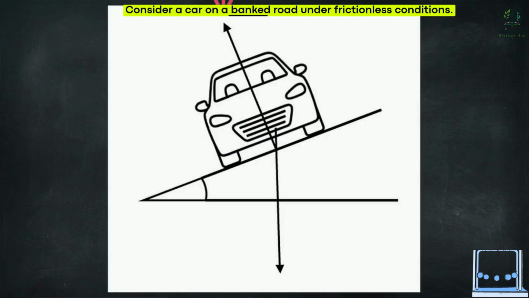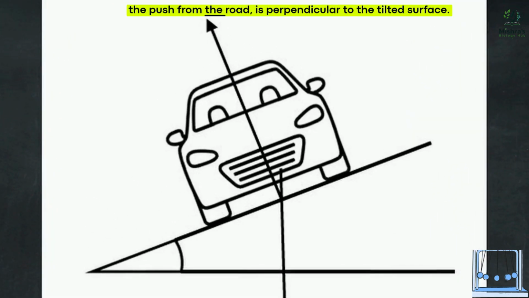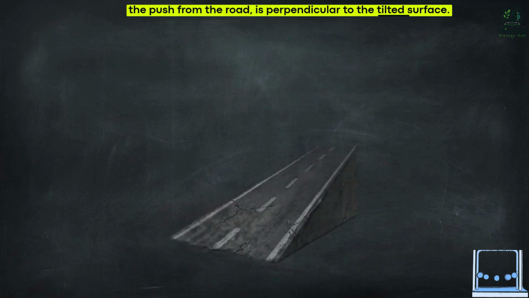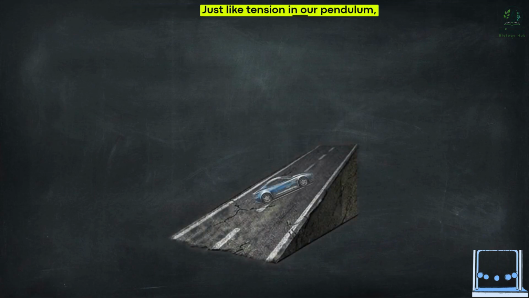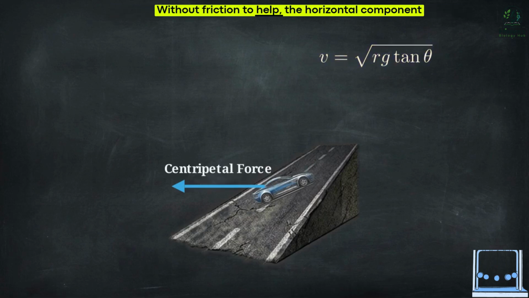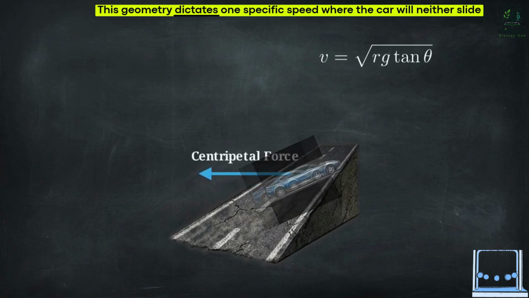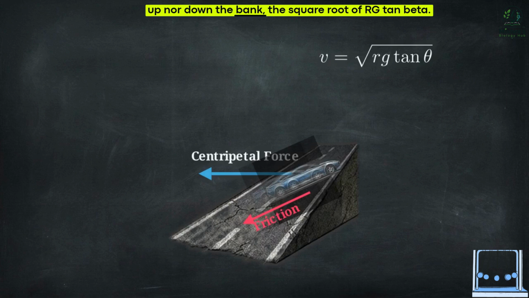Consider a car on a banked road under frictionless conditions. The normal force, the push from the road, is perpendicular to the tilted surface. Just like tension in our pendulum, this normal force resolves into vertical and horizontal components. Without friction to help, the horizontal component of the normal force is the only factor turning the car. This geometry dictates one specific speed where the car will neither slide up nor down the bank, the square root